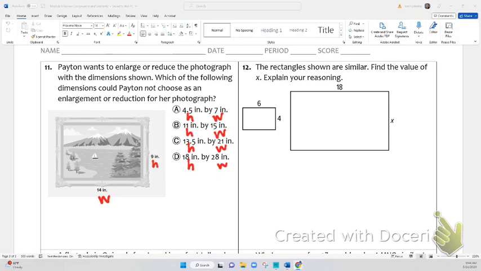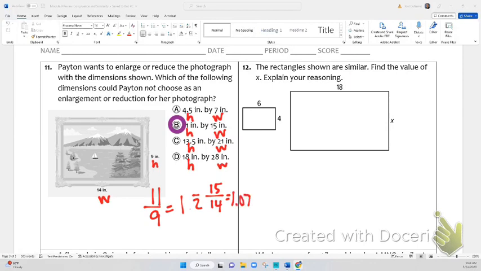Okay? It's asking which one does not work. The only one that does not work here is going to be letter B. Because if you try to go from 11 to 9, right? 11 divided by 9 gives you a number, and if I pull out my calculator and do 11 divided by 9, it gives you 1.2 repeating, right? If I take the second number and do 15 divided by 14, this answer should also be 1.2222 repeating, and if I use my calculator and do 15 divided by 14, it gives me 1.07,